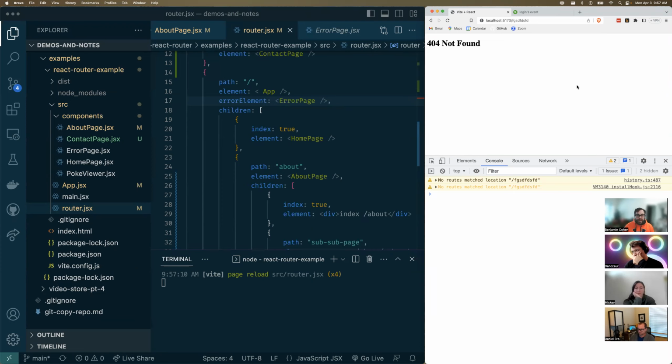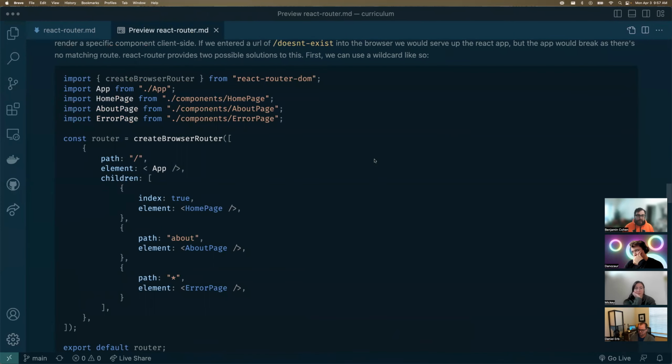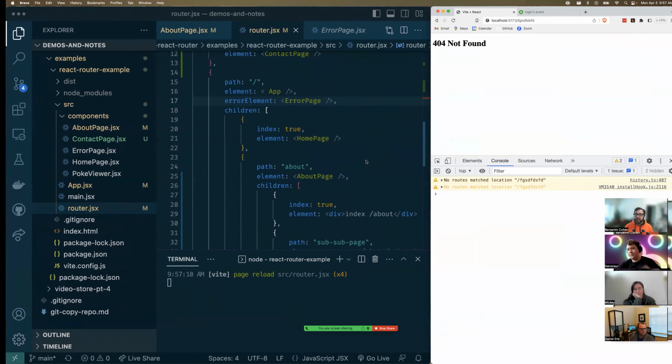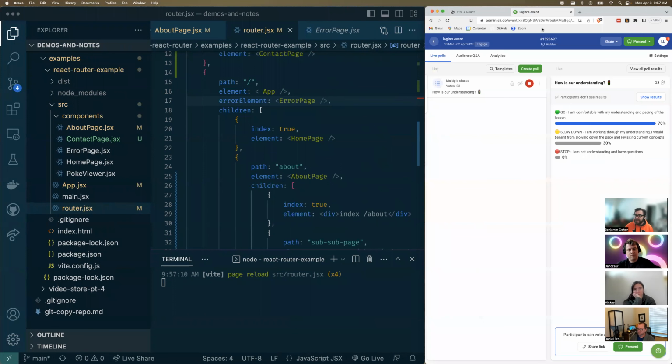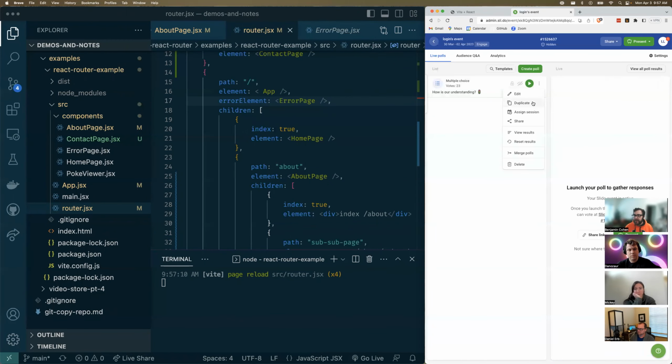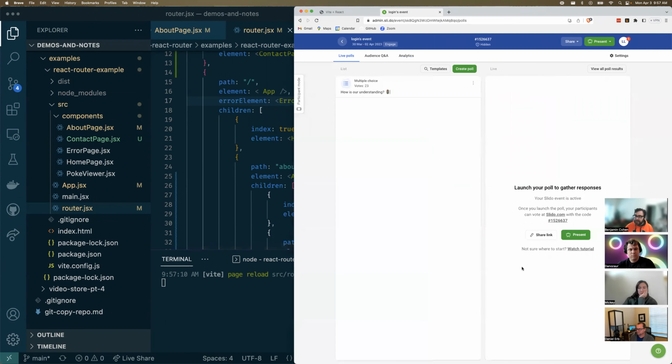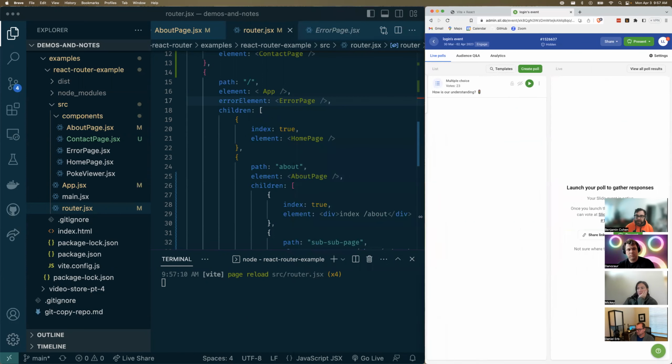Okay, so that's the error element thing. I guess I'm going to use Slido again. If I stop Slido and then reset results, and make it a little bigger to get the link. Okay, share link. If I send out that Slido poll again,